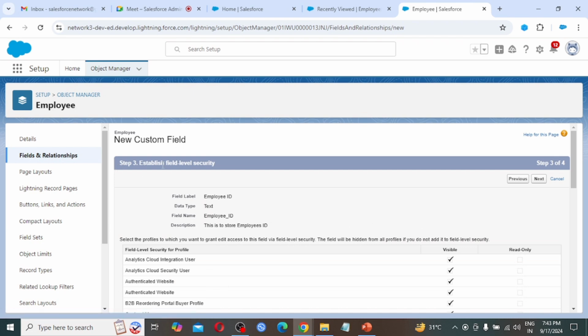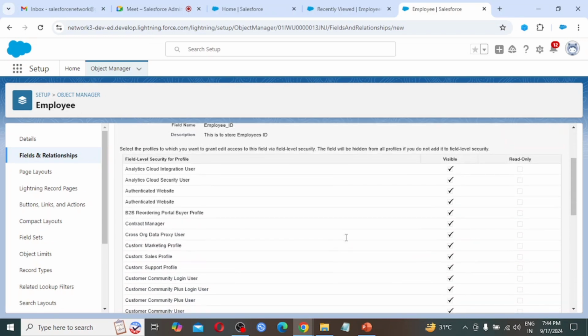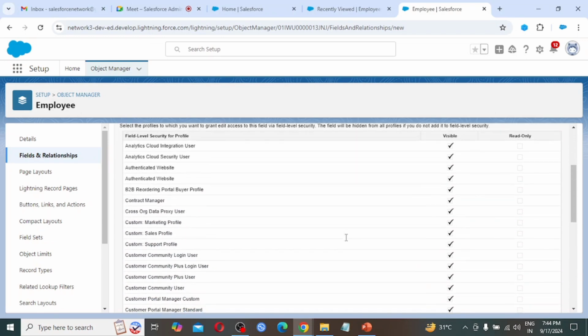In step three, establish field level security. So this is again an important part. For Salesforce administrator, there are a lot of questions in the interviews. So for now we are not going to go in depth in this one.